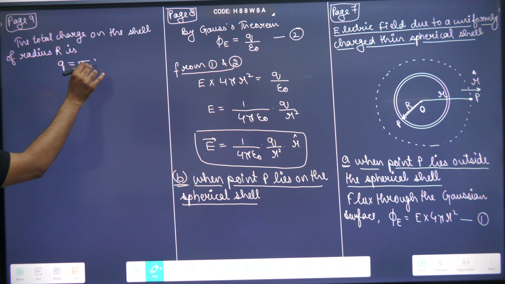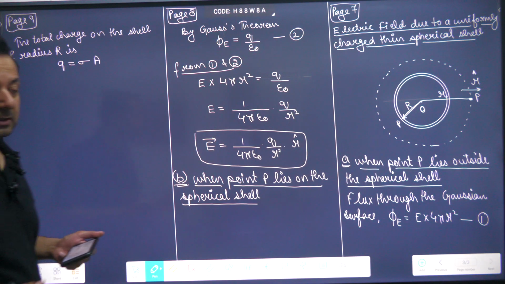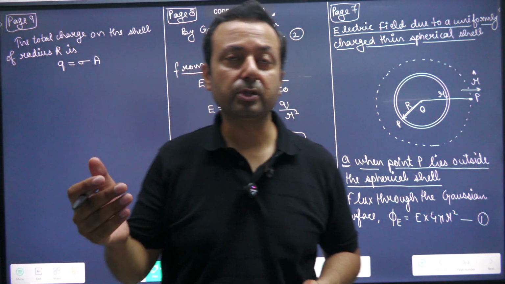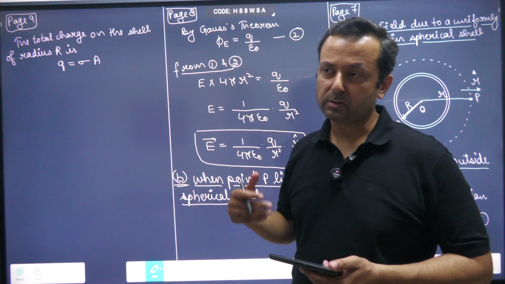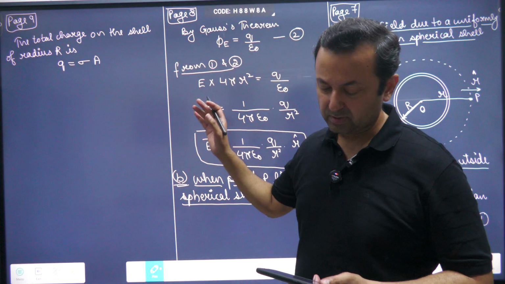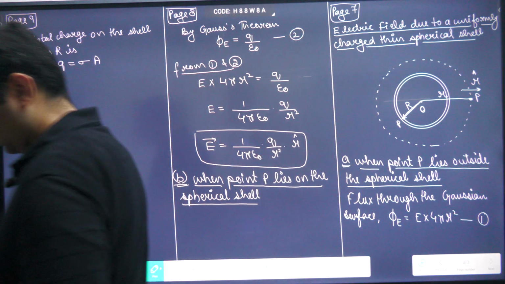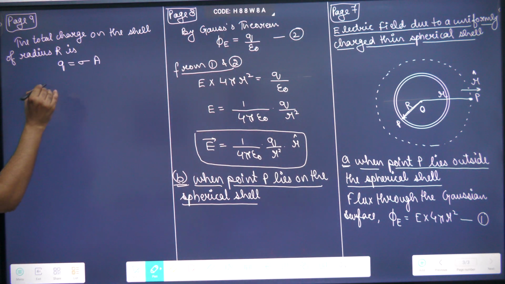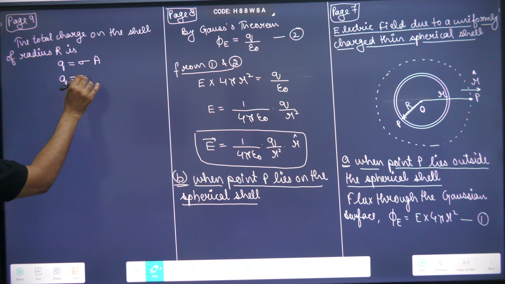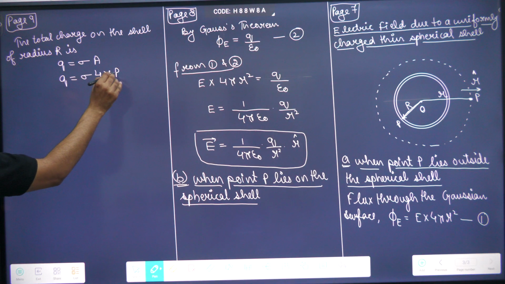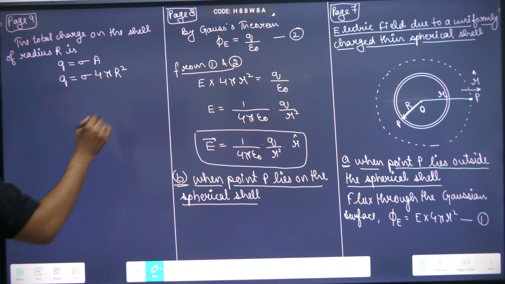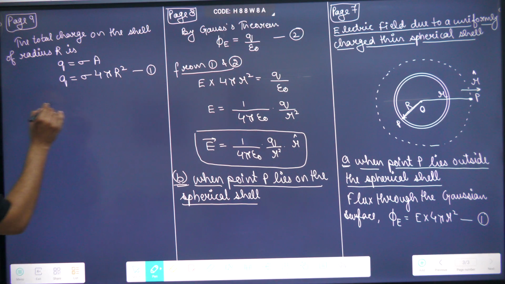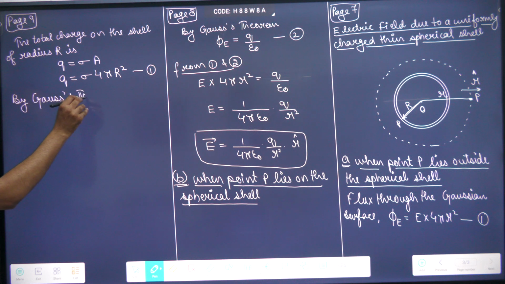Q is equal to sigma A. Sigma is equal to charge per unit area because it is surface charge density. So Q can be written as Q is equal to sigma A. Q is equal to sigma into 4 pi r square, equation number 1. By Gauss theorem,